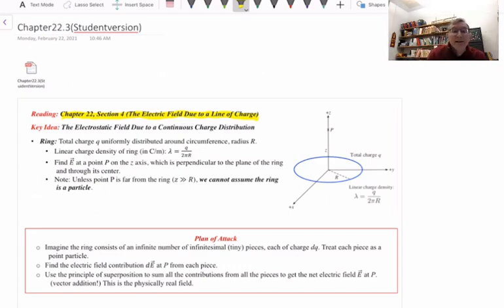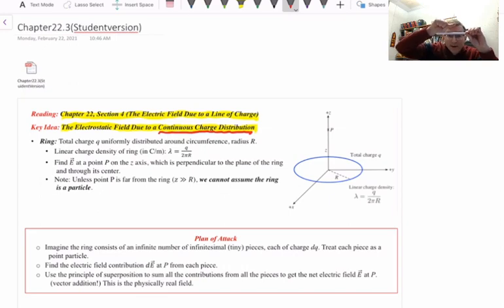But the general idea here, the key idea that this section is introducing us to, is the procedure for calculating the electrostatic field that is caused by what is called a continuous charge distribution. That means charge smeared out over a shape of something that isn't a particle, like this pencil. Okay? If we have charge smeared out along this length of this pencil, and then we're sitting at a point near that pencil and want to know the electric field